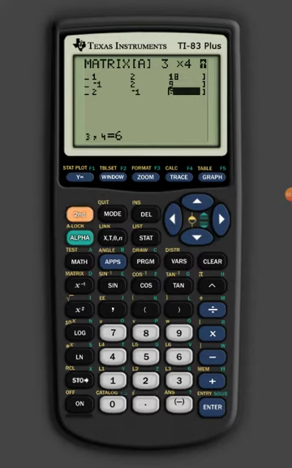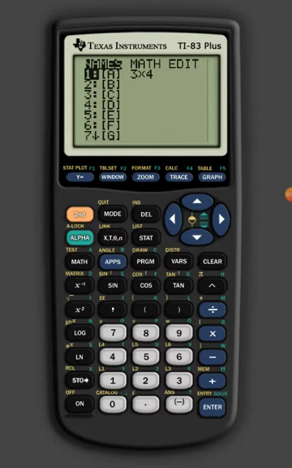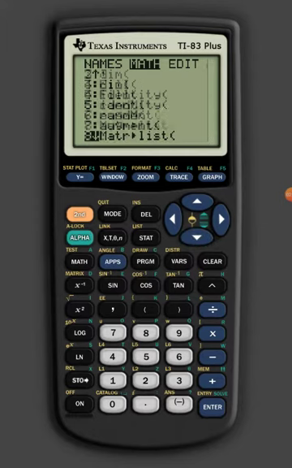And then to get out of this menu, I'm going to hit second, and then right above mode, you see the word quit. So that's going to take me back to the home screen. Now I need to go back into this matrix menu, so I'll hit second matrix. Now I'm going to scroll over to math. And if I scroll down in this menu somewhere,